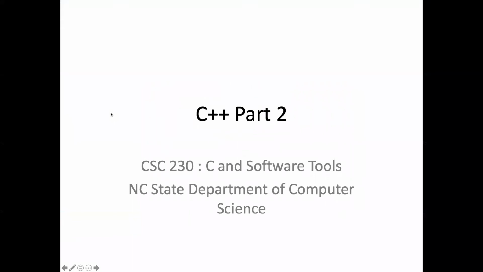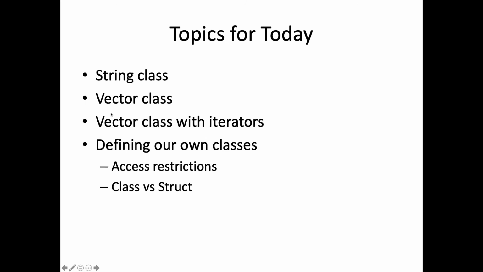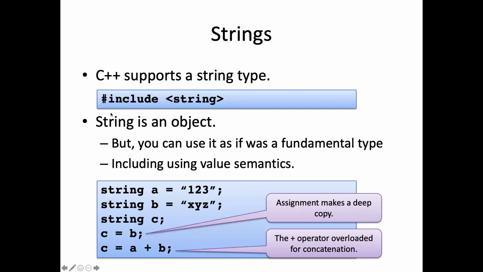All right, like I said, we're going to cover as much C++ as we can. And on day 2, we're going to start using classes that other people wrote. We kind of did that a little bit with the input and output streams with ifstream and ofstream, but we're going to get a lot of mileage out of a couple of classes we'll see today. And the first one is C++ has a string class. It is not a primitive type. It's a class. It has, later we'll see, methods, or in C++, they call them member functions,